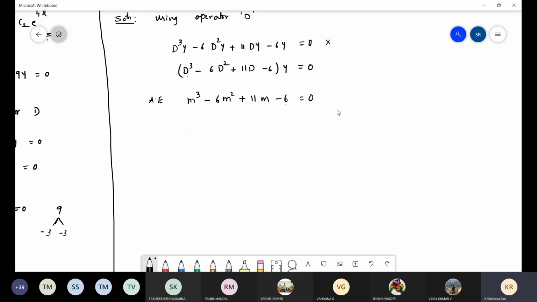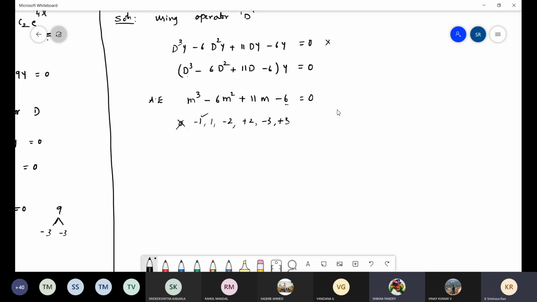Because a constant is there, 0 cannot be a root. If I put m equal to 0, it will not satisfy. After 0, go with minus 1, plus 1, minus 2, plus 2, minus 3, plus 3, and check each number. That is called the trial and error method. Begin with m equal to minus 1. Observing this equation, if I put m equal to plus 1 also, you will get 0. Is it right?